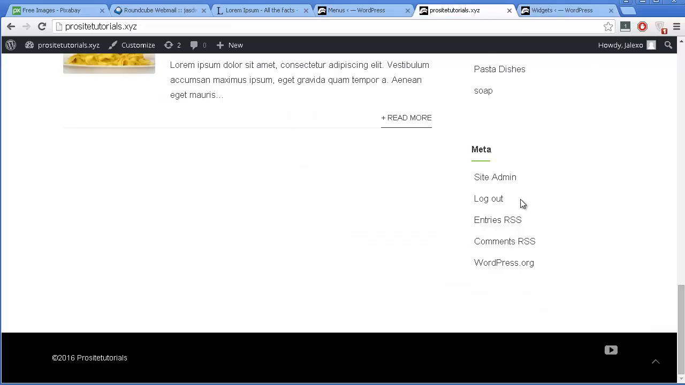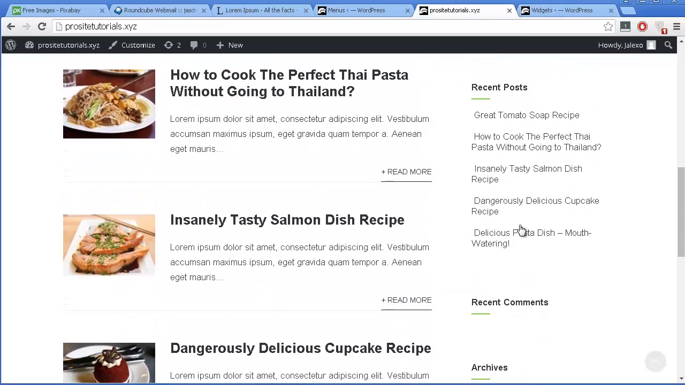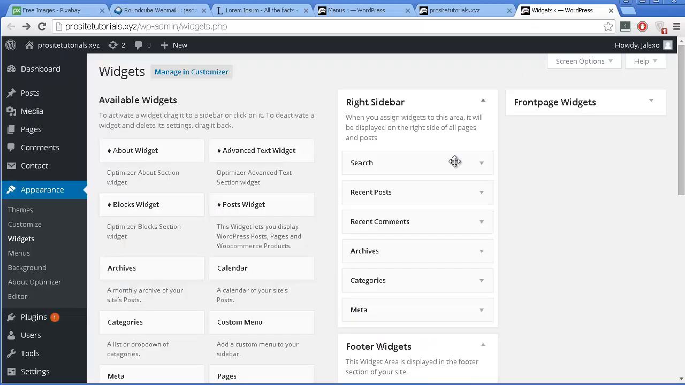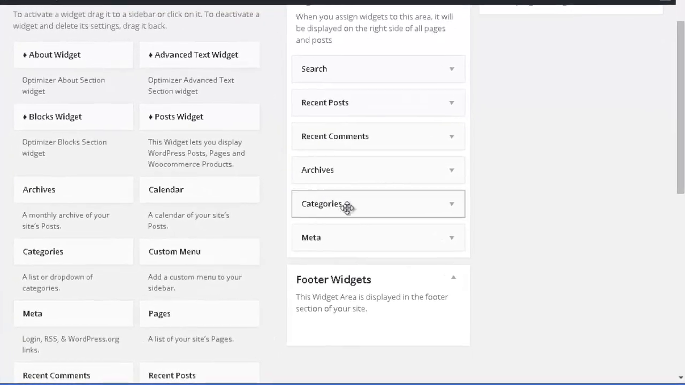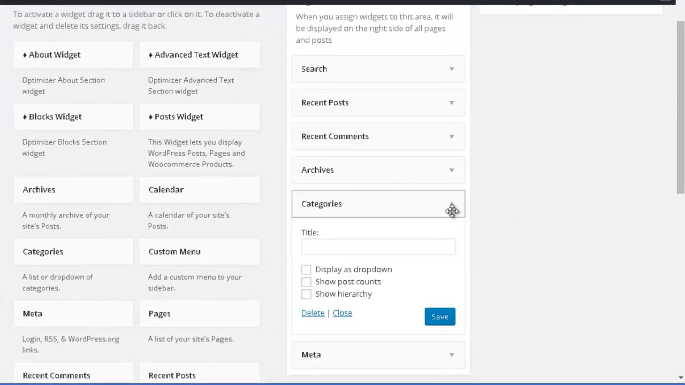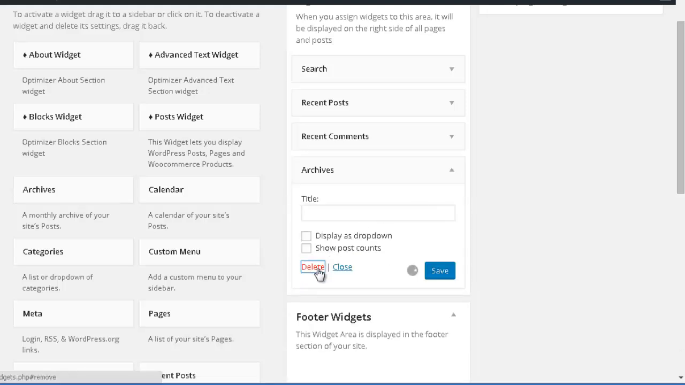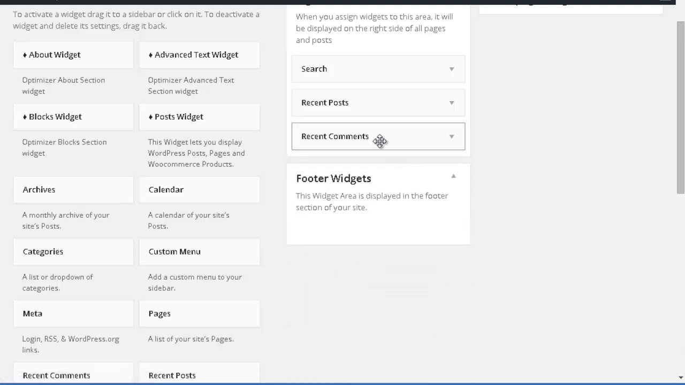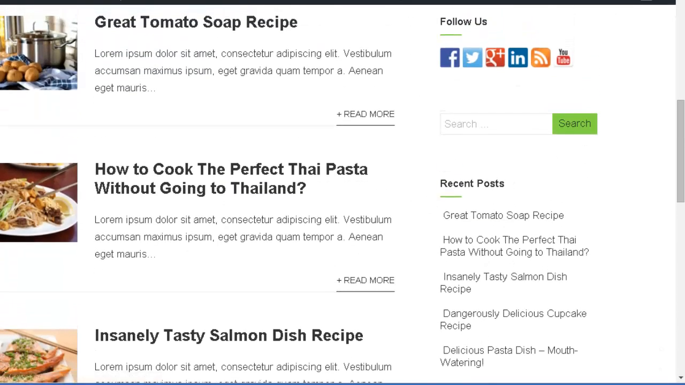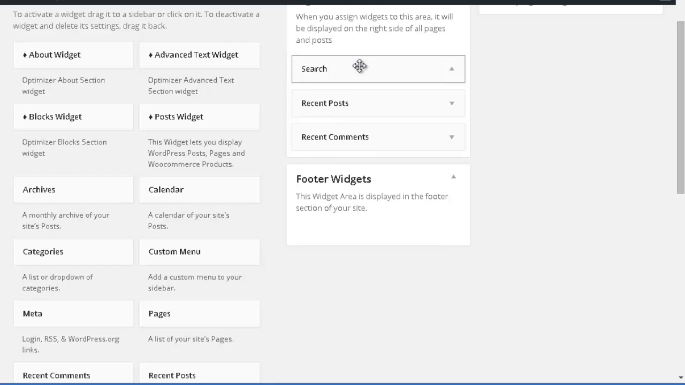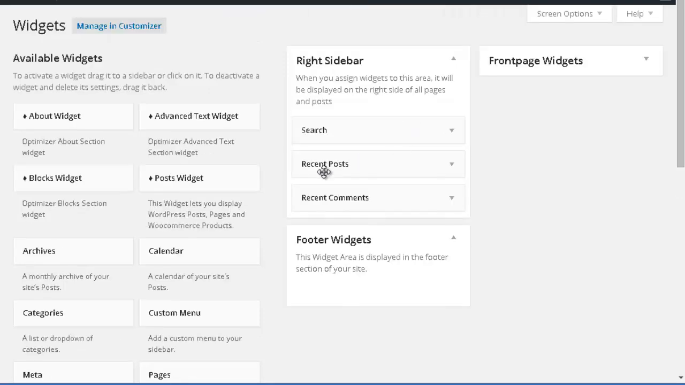So what I'm going to do now is delete some of the sections I have over here because they are quite useless and I don't need them. So I'm just going to grab the ones which I don't want. In this case it's categories. So you just click on this arrow and you press delete. Same thing for meta, archives, and if you want you can leave recent comments if you like your comments appearing over here on the sidebar. I like to leave the search box,